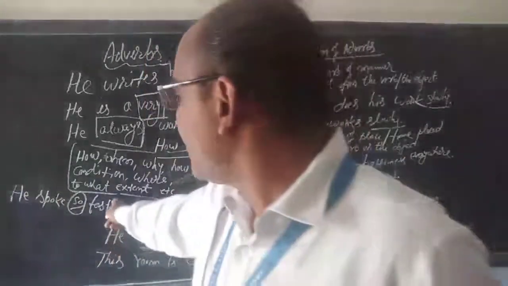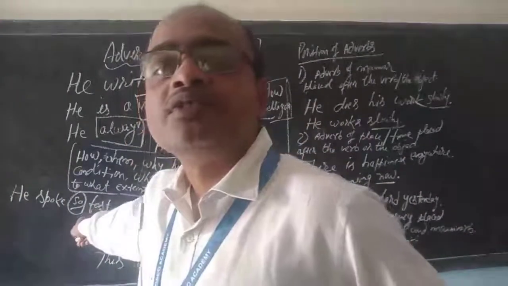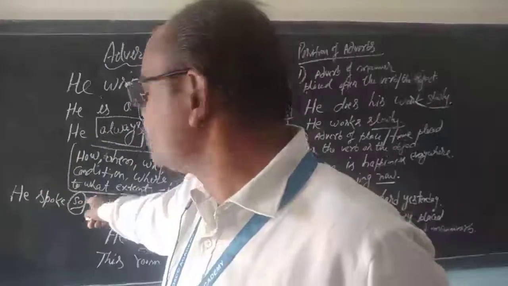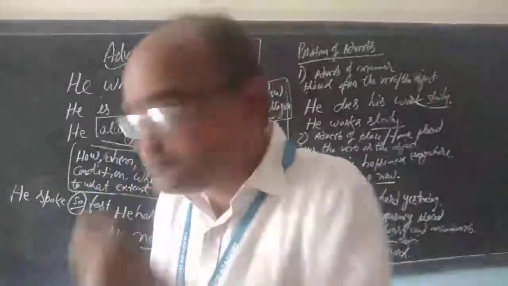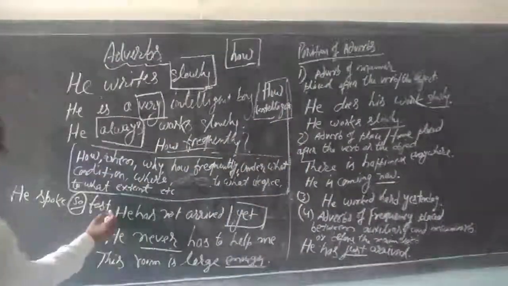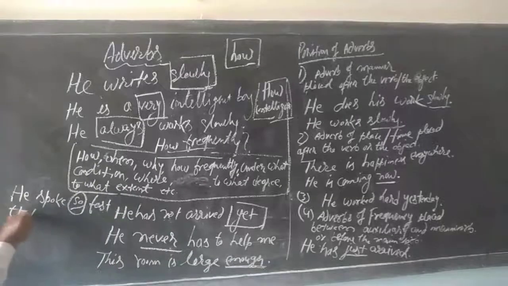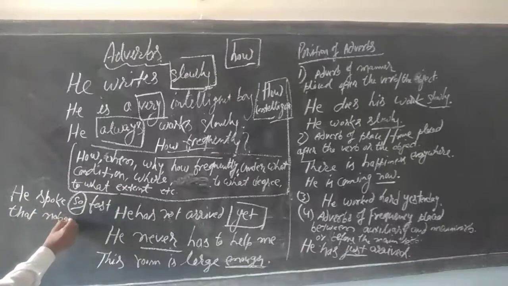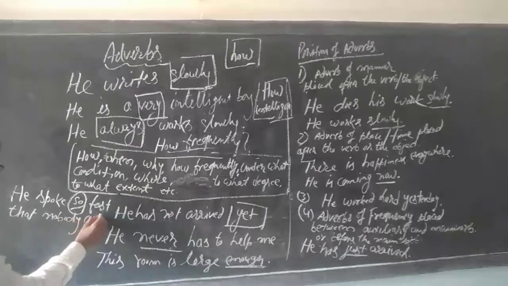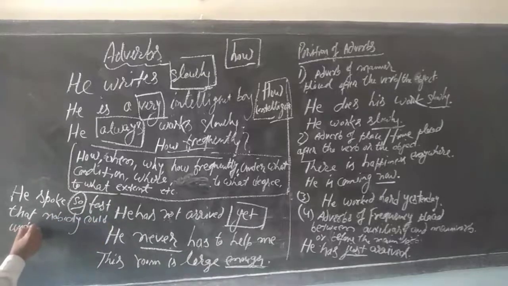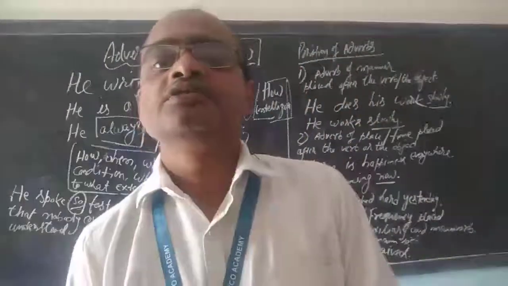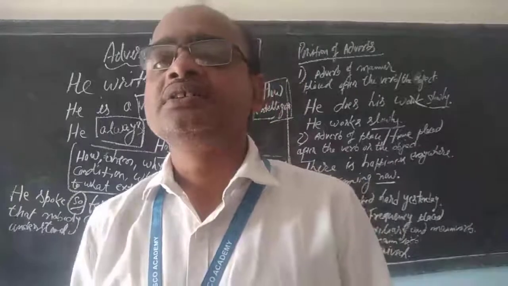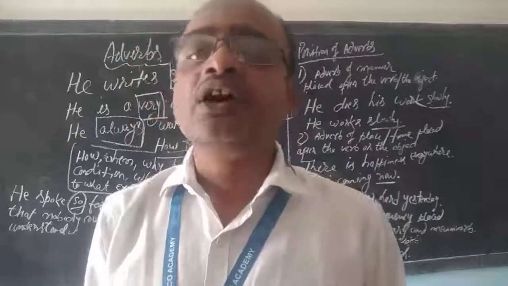So see here, fast is adverb. So there is an adverb so that modifies another adverb fast. So we have used before this adverb. So he spoke so fast that nobody could understand. Okay. This way you have seen, when you find an adverb which tells something more about either a verb,